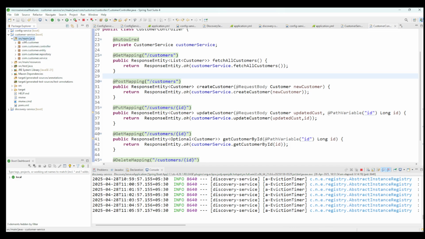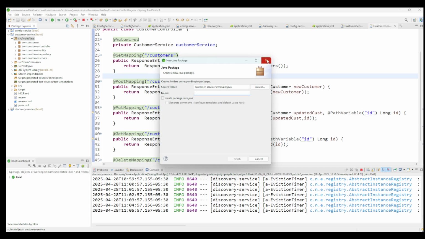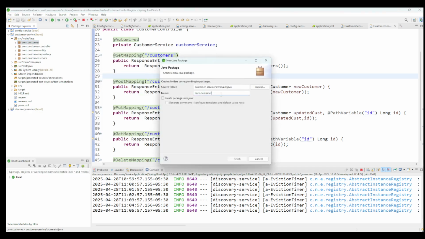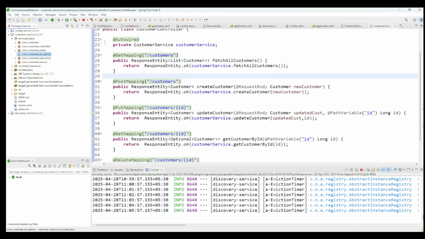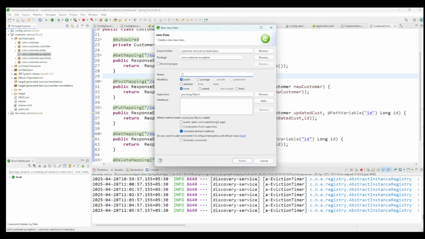Now let us create one dedicated folder for exception handling. Not here. We are inside com.customer. We can create one package with the name exception. Inside that, we are going to decide what all exceptions our application is going to throw. Like we can use customer